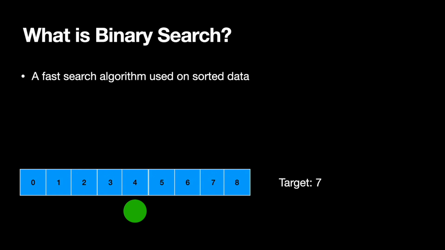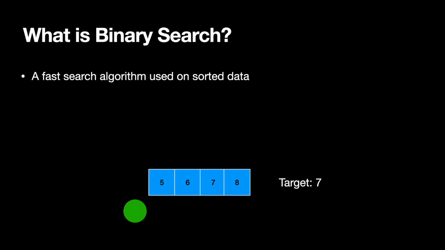And we do this by comparing our current middle index of our subarray to our target value. If it's less, then we know that we should be searching in our right subarray, and if it's greater, we should be searching in our left subarray. So since 4 is less than 7, we know that our target should be in the right side of this array, so we just avoid that half of the array, and then we move over to